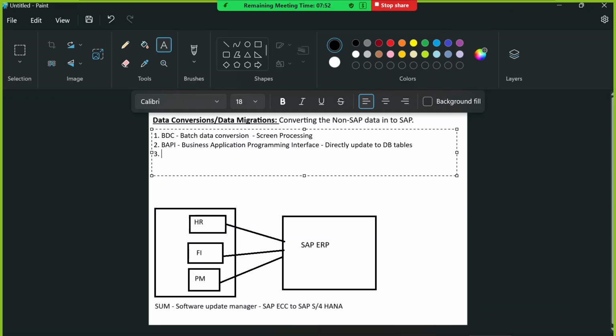For MARA and MAKT, there is a screen, right? MM01 transaction code where we can enter the data. But if you take some custom tables, there is no screen available. There is no transaction code available. That is not developed. But we need to save the data into tables. How can we do that? Directly insert records into DB tables by using INSERT